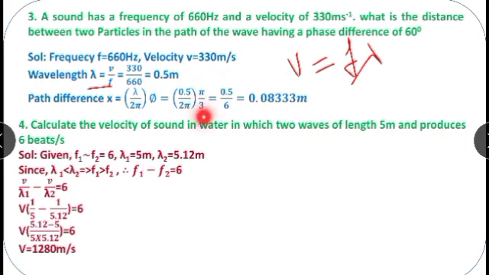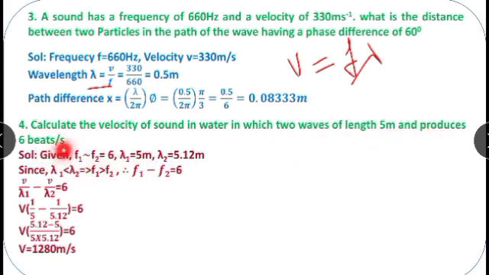180 degree divided by 3 is nothing but 60 degree. So now pi gets cancelled. Then what is the answer? 0.5 divided by 6. So after simplification, 0.08333 meter. Next, fourth one: calculate the velocity of sound in water in which two waves of length 5 meter